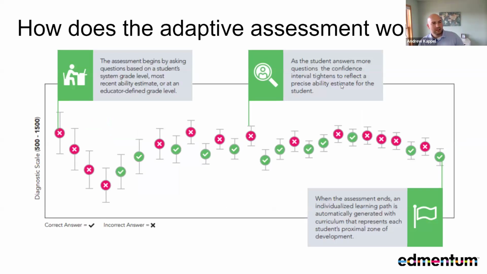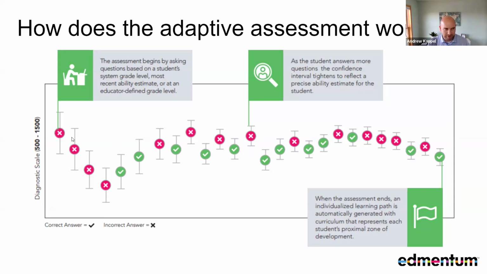So for those of you that are not familiar with how a diagnostic assessment starts and works, this is a report that you'll get and you'll be able to see it. But a diagnostic assessment starts at grade level. And so we're going to target that 12th grade level. And then students get a series of questions. And as they get them right or wrong, the diagnostic is adapting to make sure that it's figuring out where those gaps are.